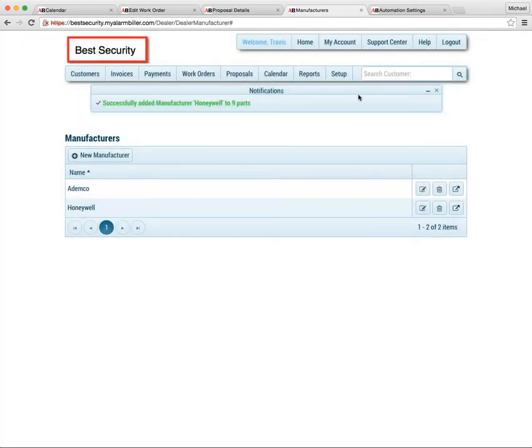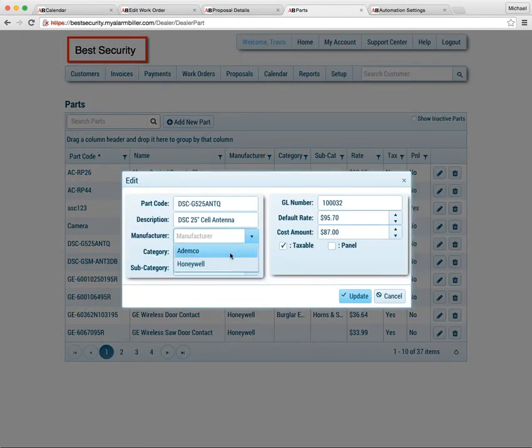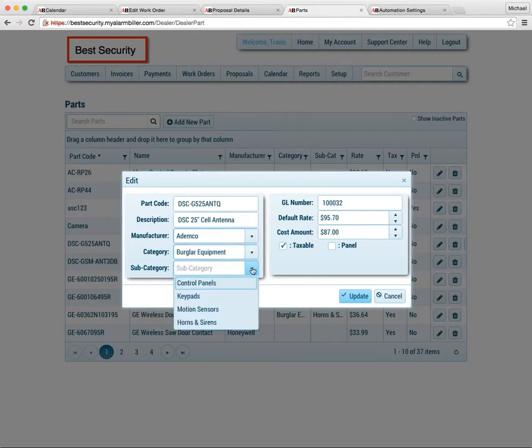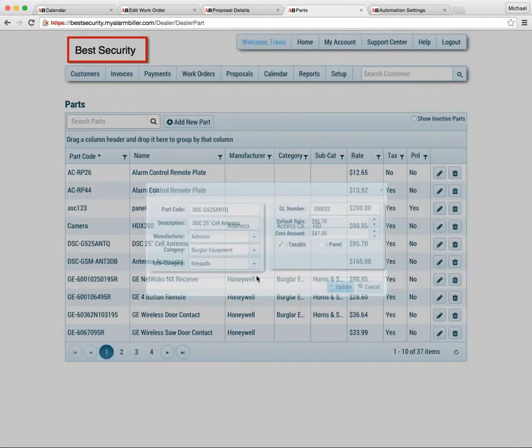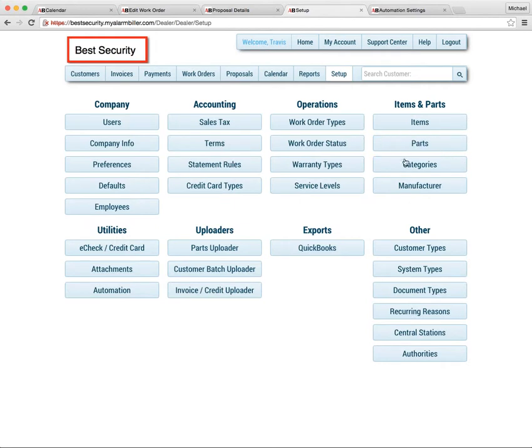Now, you could also go into any individual part. And so if I came over here to this part right here and I click Edit, I can choose the manufacturer, I could choose its category, and I could choose its subcategory. Okay? So you can do that individually from a part, or let's go back into the setup,